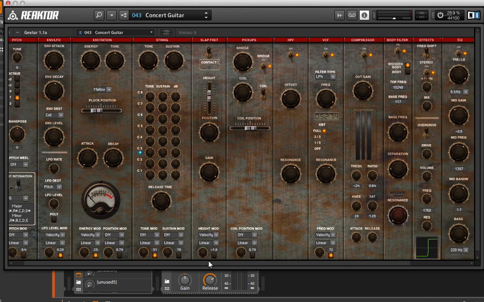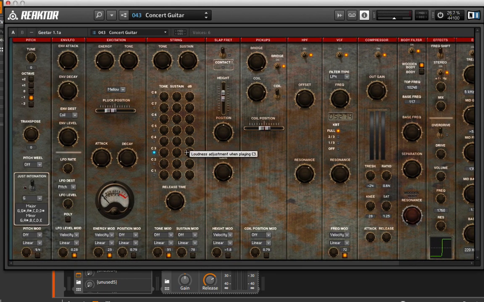So there's this one particular guy, and if you're ever in the Reaktor user library and you search for physical modeling, you'll see it's like the same guy's name again and again. He's like the master or the king of physical modeling inside of Reaktor. And when we just hit a couple of notes here,